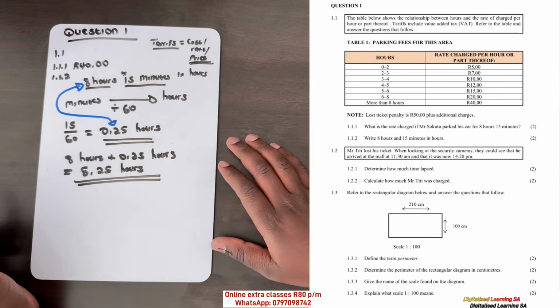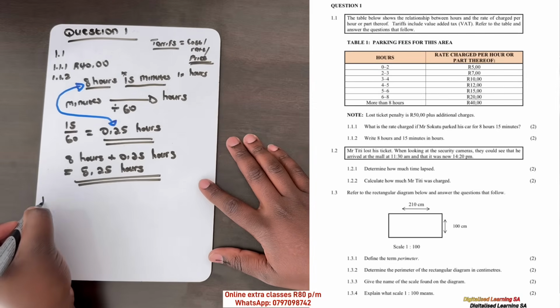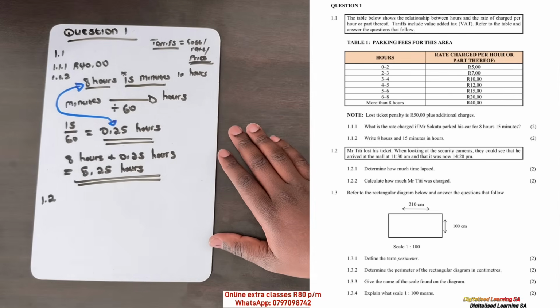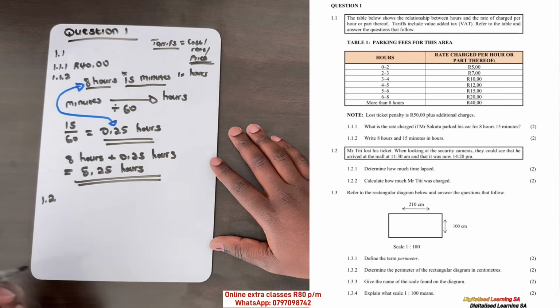Okay, so now let's move to the next set of questions, which is question 1.2. So question 1.2, we are told that Mr. Titi lost his ticket, and when looking at the security cameras, they could see that he arrived at the mall at 11:30,